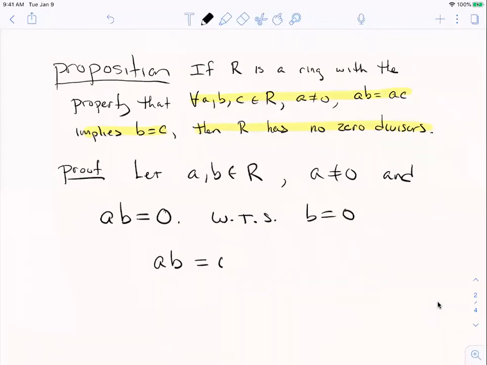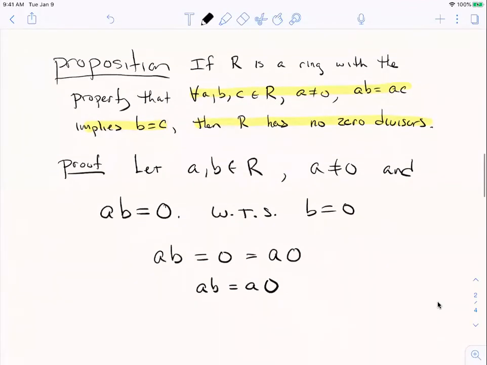AB is equal to 0. We proved above that that would also be the product of A and 0. So if we write that equation in one line to focus on it, it looks like we have the product of A and B is equal to the product of A and 0. And our assumption about this ring is that when the product of A and B is equal to the product of A and something, you can cancel the A's. So B is equal to 0 by our property,